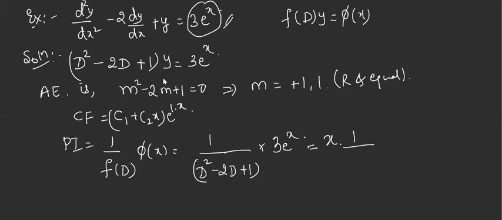What is the derivative of D square? No, don't write f dash. Write the derivative of this term directly. Derivative of D square is 2D, minus 2. Then write e raised to x as it is. Where has my 3 gone? Don't leave it. Write it. Now, in this step, you replace D by the same 1, the coefficient of x. What happens? 2 minus 2, 0. So 0 means, do we have to replace or not?